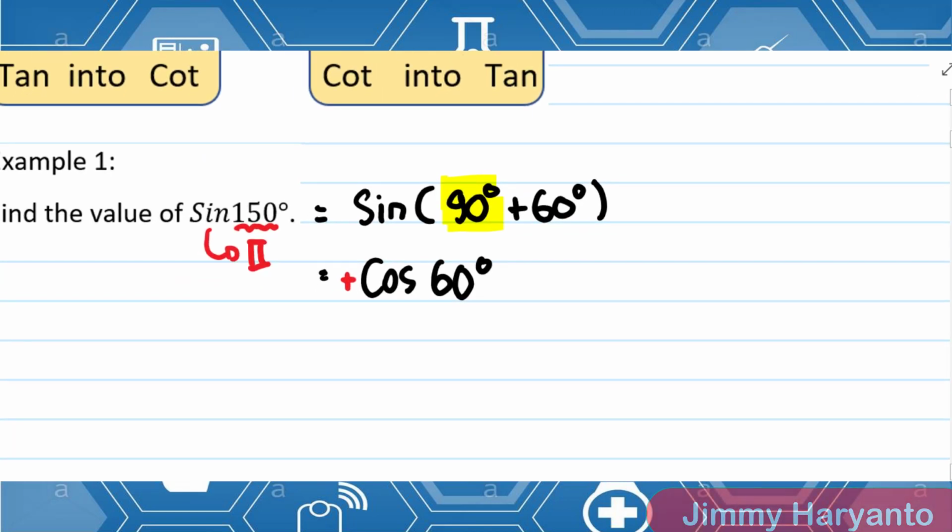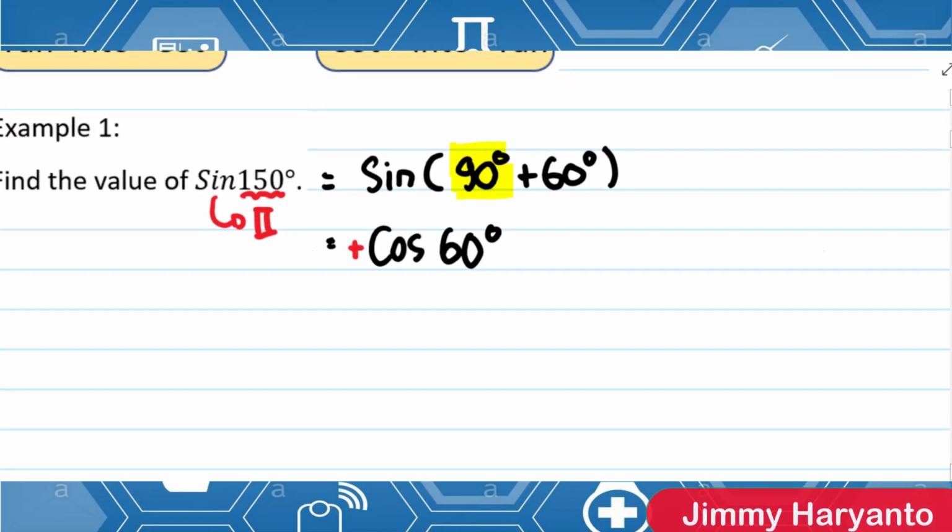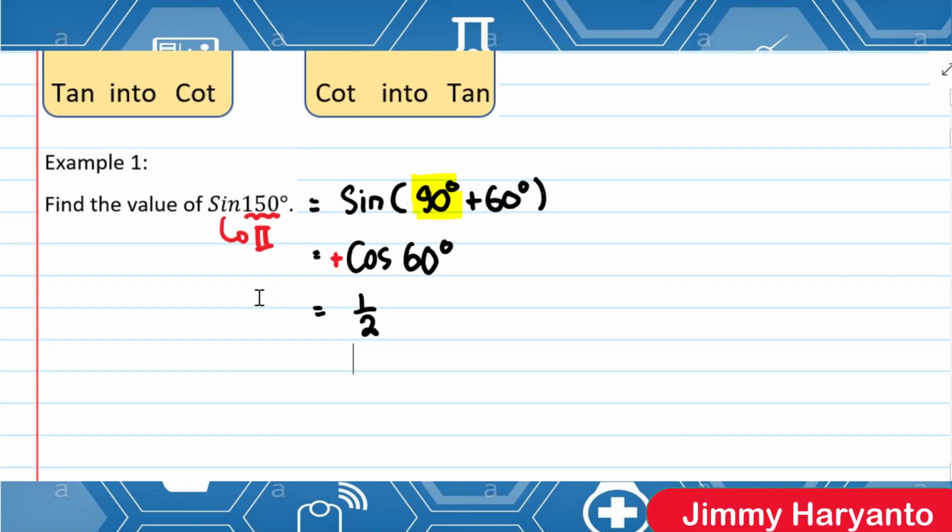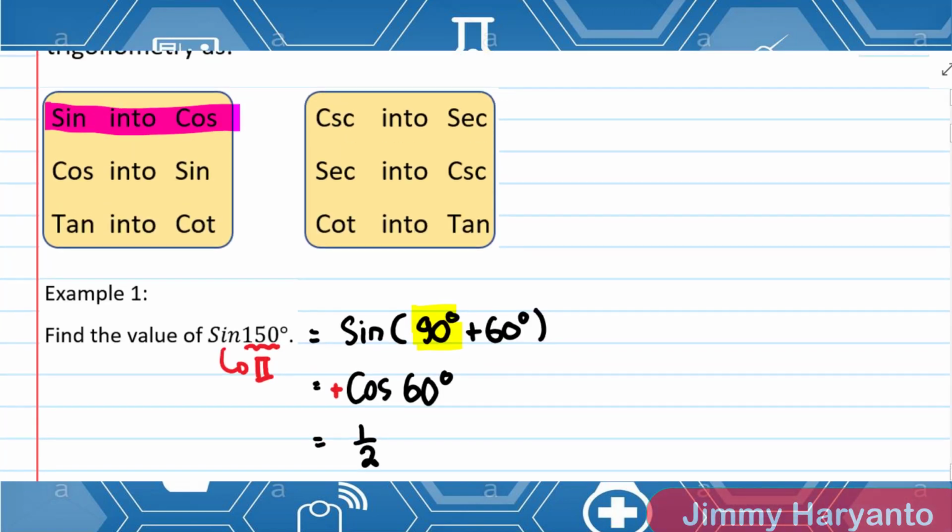Take a look at the question, guys. Don't take a look at the trigonometry that you already changed. Take a look at the question. Okay, and then cos 60 will be half. If you calculate sine 150 using 90 degree as our benchmark and 180 as our benchmark, it will give us the same answer. So we prove that these rules are applied.